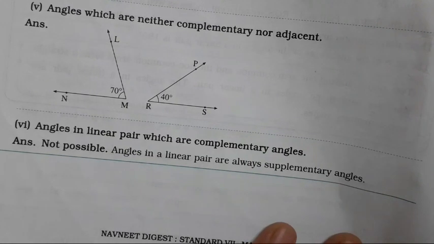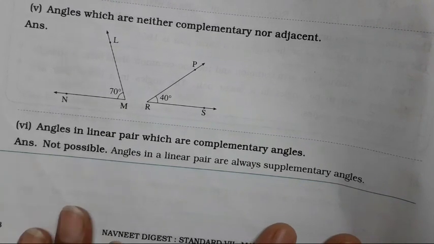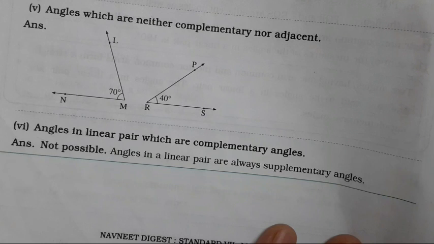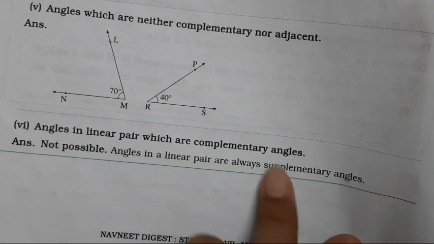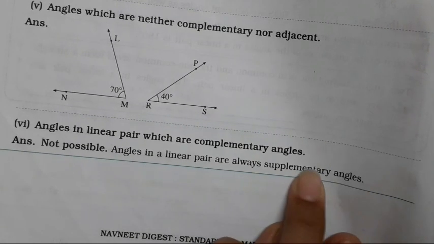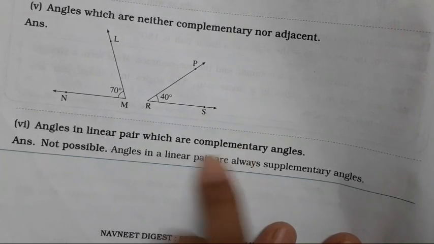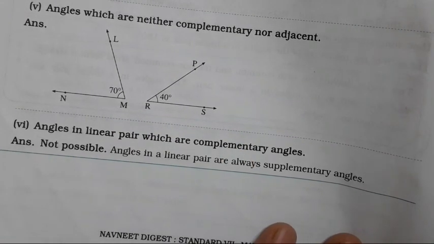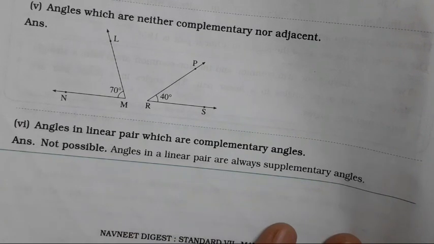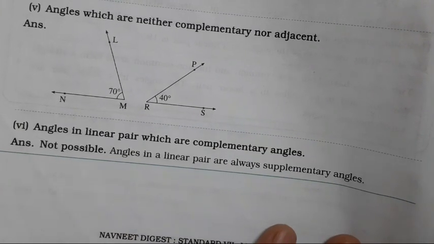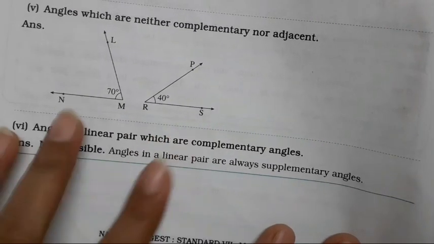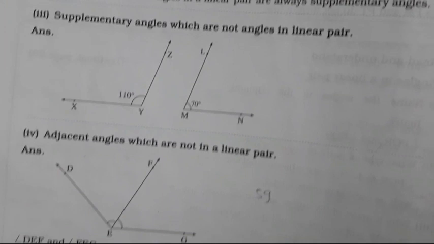In the very first question I have explained, before starting this exercise, that linear pairs are forming only supplementary angles, मतलब 180, और यहाँ पे तो दिया है 90 डिग्री, तो लीनियर पेयर पे 90 डिग्री फॉर्म नहीं होता है and it is not possible. Angles in linear pairs are always supplementary angles. I hope this exercise is clear to everyone. Still, if anyone is finding anything difficult, do let me know in the comment section.